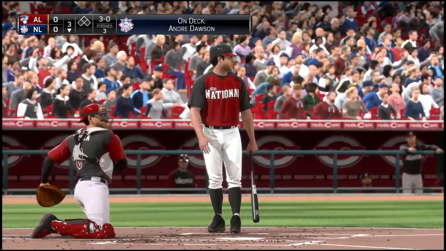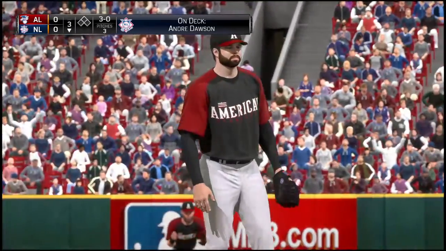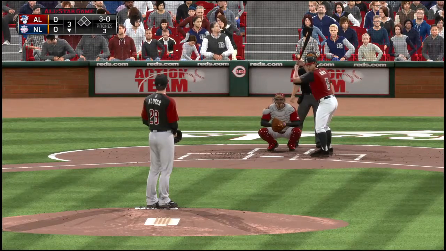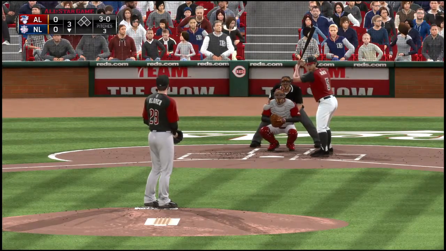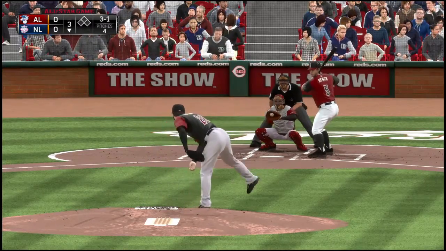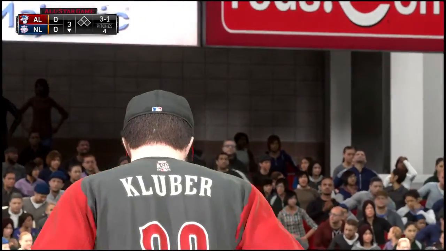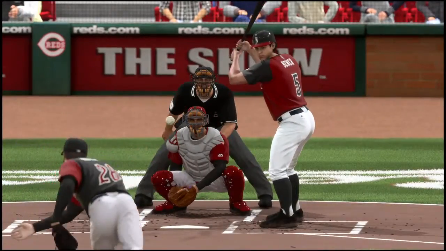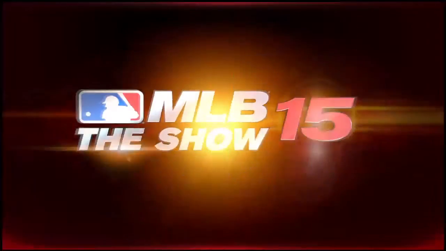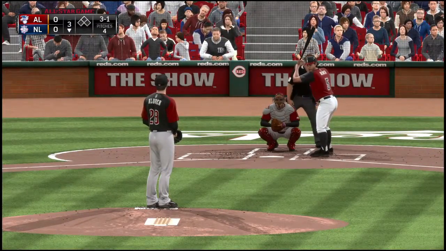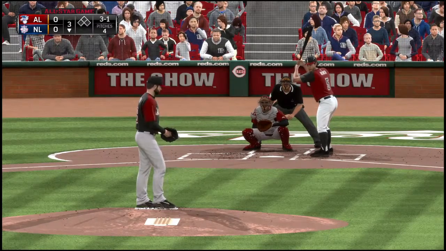3-0. Seems like they're working very cautiously here. Is this a little too cautious? Yeah, I mean, why are they giving this guy so much credit up there? He's someone that you've got to come right after. That one's in there. 3-1. Figure we'll probably see a heavy dose of that sinker here tonight. It's really a pitch you'll lean on, especially when he needs that ground ball, but even in situations like this where he's just trying to get ahead.